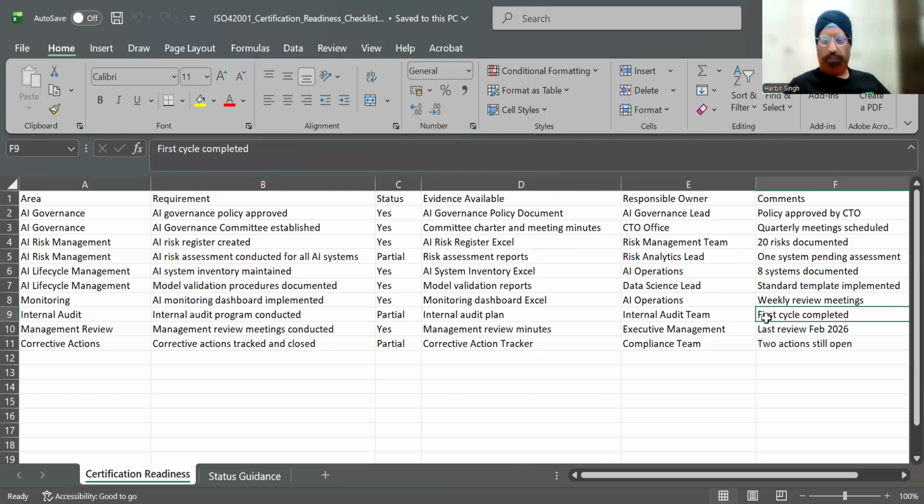And for this, the first cycle is completed, right? So a couple of processes are ongoing processes. You have to keep on monitoring that. But here it is clearly mentioned that one system pending assessment is there, right? So that is why it is partial. So now you get a very big idea, a 1,000 feet idea of how this particular audit conclusion is,